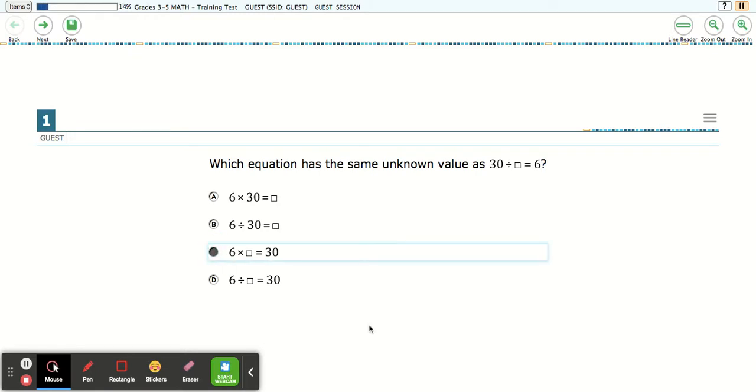So we're going to actually select option C by clicking on the C. And we know that's right because 6 times 5 is 30, and therefore 30 divided by 5 equals 6. This is one of our fact families, right? Once you've selected your answer,